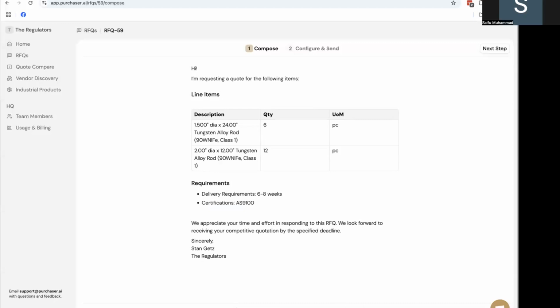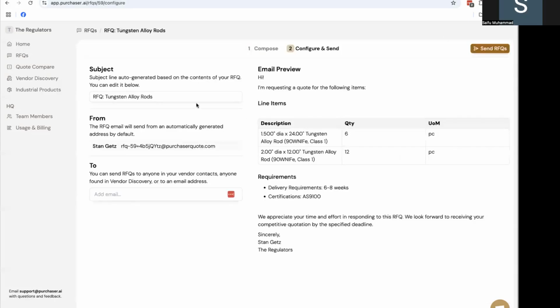You can also attach documents to it. So let's say you had technical drawings or a previous quote that you wanted them to be able to look at. Let's say this is an existing vendor that you're reaching out to. You can do that as well. In the next step, one of the things that we do is we'll take the information that you provided in that first step and take a stab at a subject line. For the beta, all of the emails will be sent from an automatically generated email address, and you can see